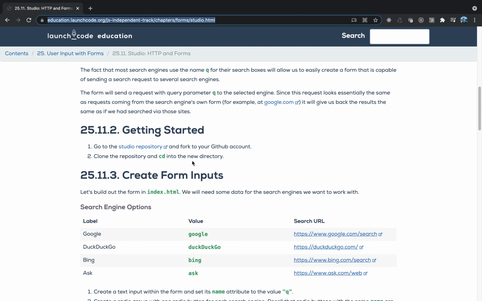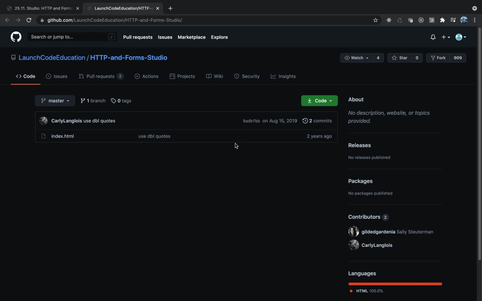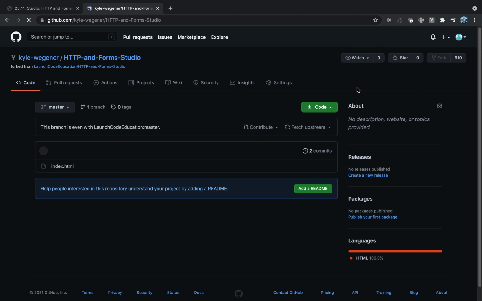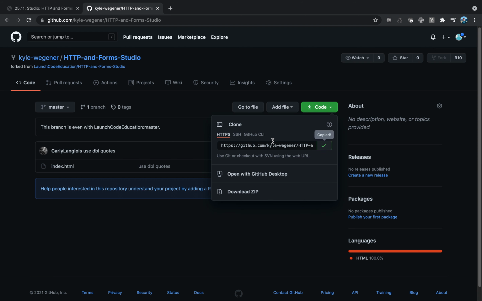25.11.2, getting started. Go to the Studio repository and fork, keyword fork, it into your GitHub account. All right, so click on that. Brings us to the GitHub account. What I'm going to do is immediately come over here and click fork. That's exactly what it told me to do. It's going to fork it into my own repository, meaning it's going to give me a personalized copy of this repository. Once I'm in my repo, I'm going to come up here, click code, go ahead and copy this link,